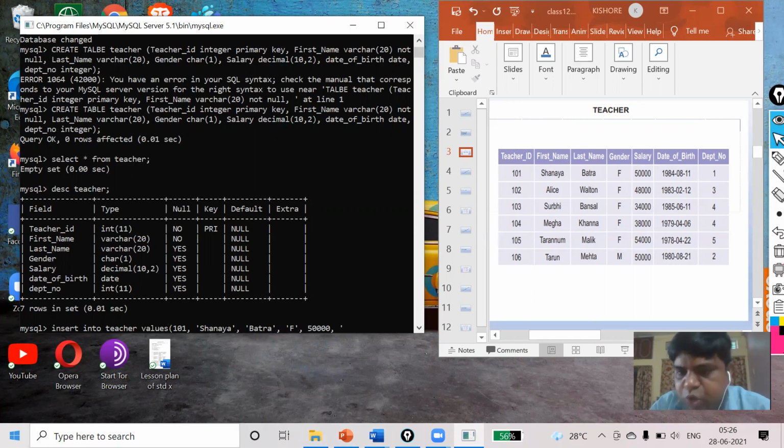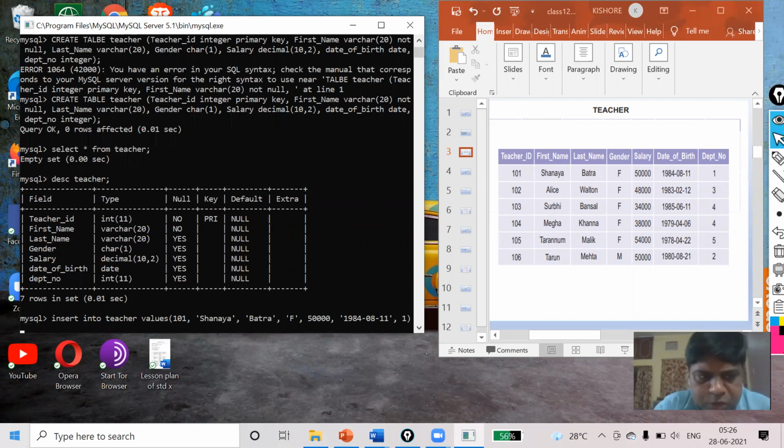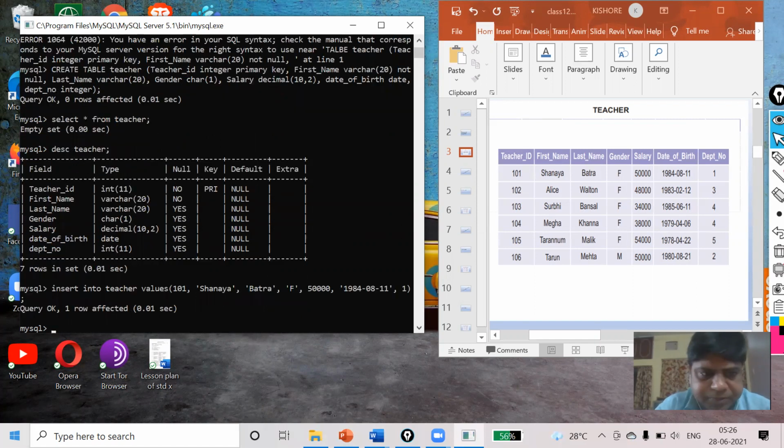This is a date, so that I will also use in single quotes: 1984-8-11. I will close it. And the last one is department number. Department number is an integer. After this, you must close the bracket and use a semicolon after your statement.